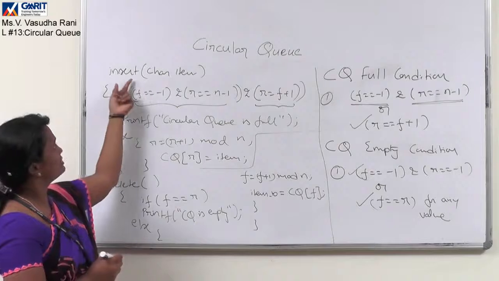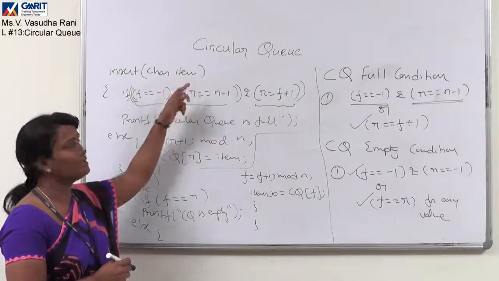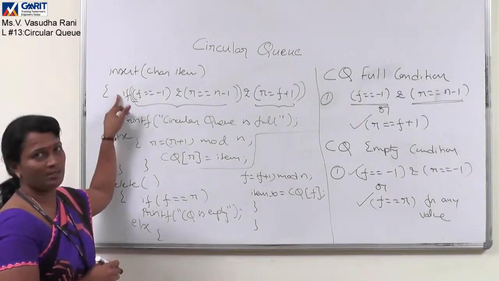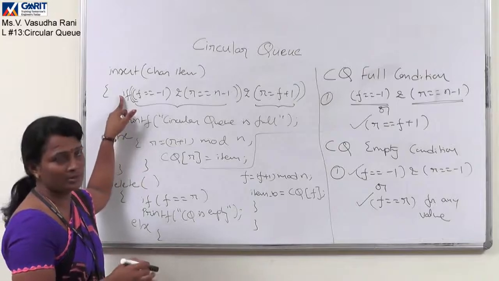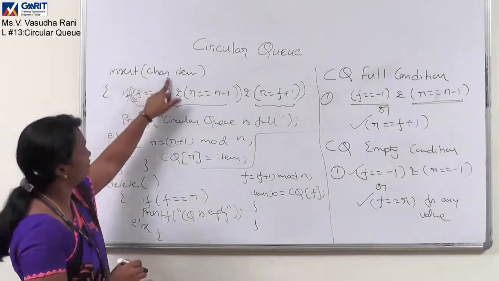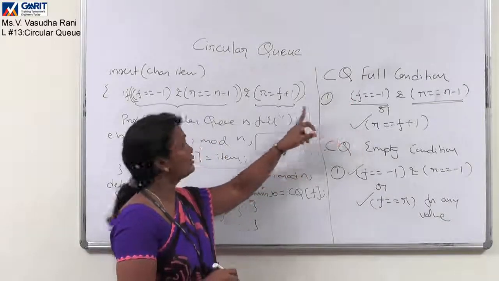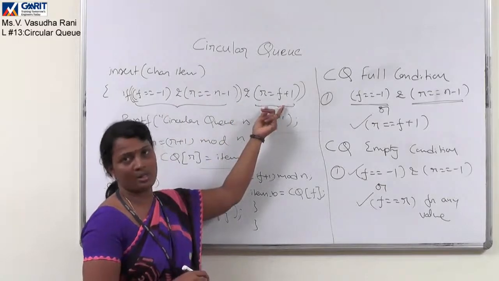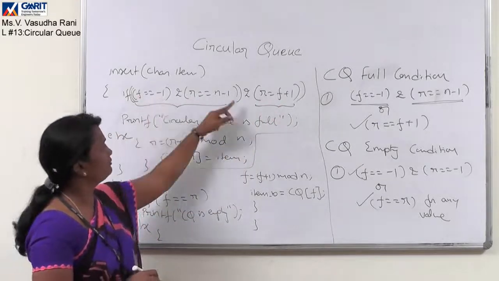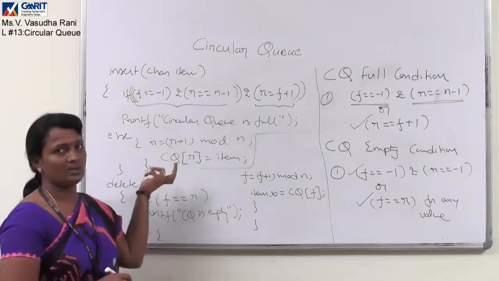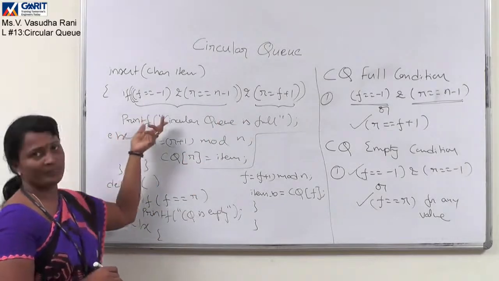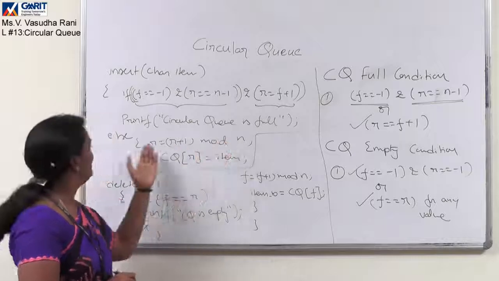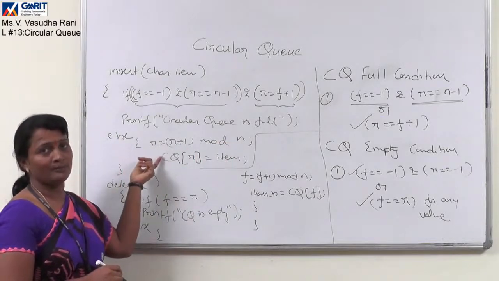If you observe, it is insert, one item we want to insert, so that we are passing. Here initially we have to check whether CQ is full. If it is already full, we can't perform the insertion operation. To check whether it is full or not, these are the two conditions to be verified. One condition is f is 0 and rear is n-1. Another condition is rear equal to f-1. If either of these conditions is true, then CQ is full. In such a case we can't perform an insertion operation, so we can simply display a message saying that circular queue is full. Else we can perform the insertion operation.